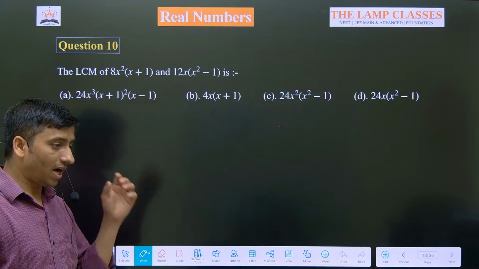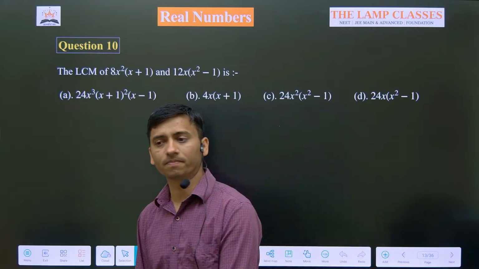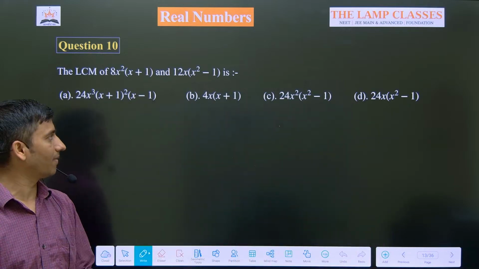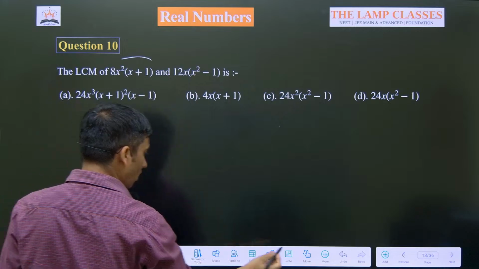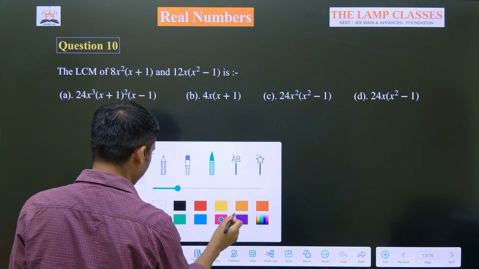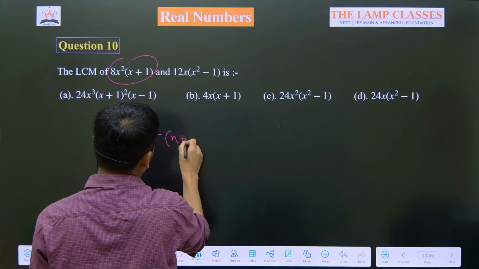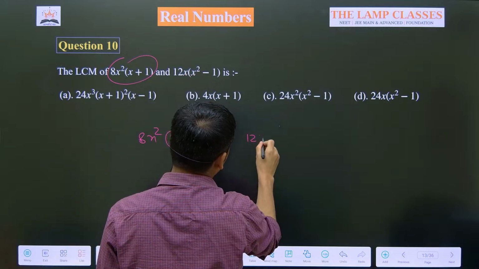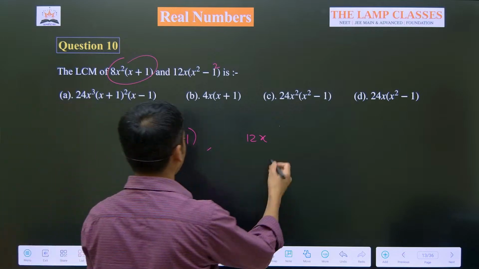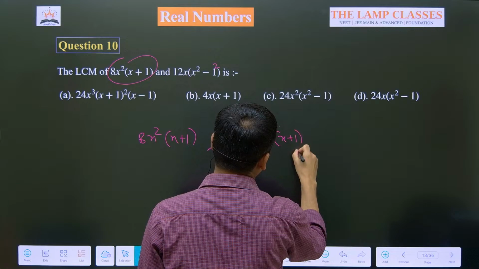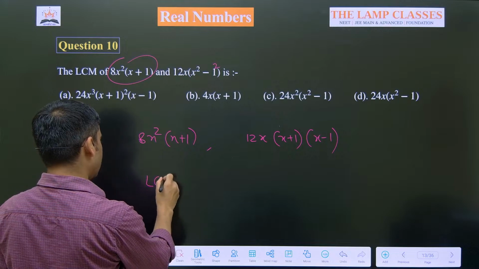Okay, so if we have to find the LCM and HCF of algebraic expressions, guys, remember we have to apply the same concept. Instead of prime factorization, we have to do factorization of those algebraic expressions. You can clearly see the first one is already in factored form. This is 8x square times x plus 1, and the second can be written as 12x into x square minus 1 square, which is of the type a square minus b square. So a square minus b square is a plus b into a minus b. Fine. So if I have to find the LCM,